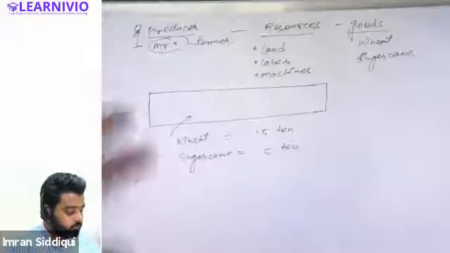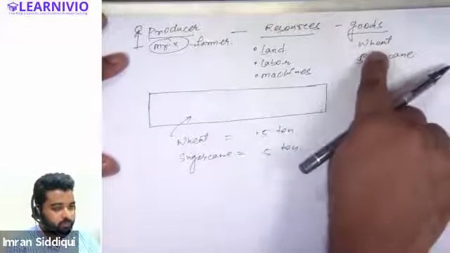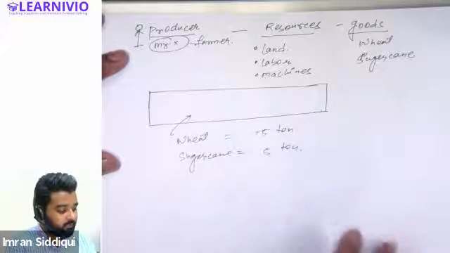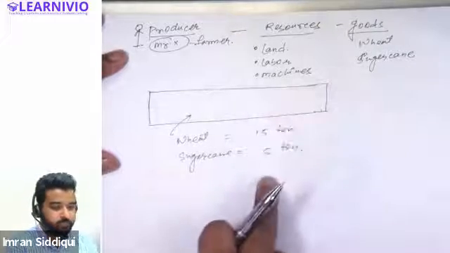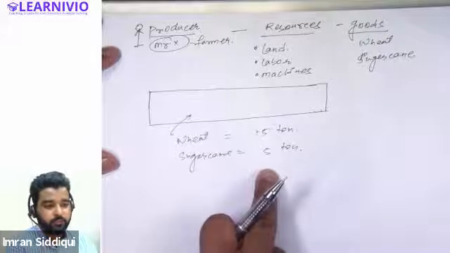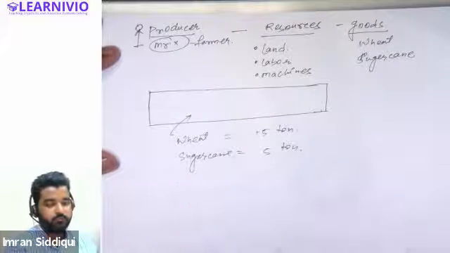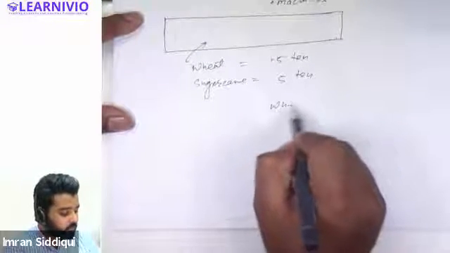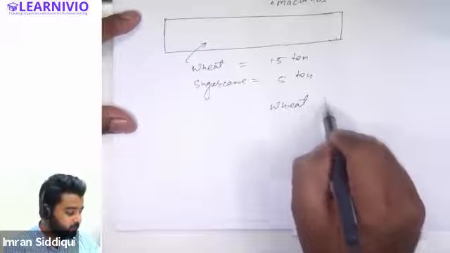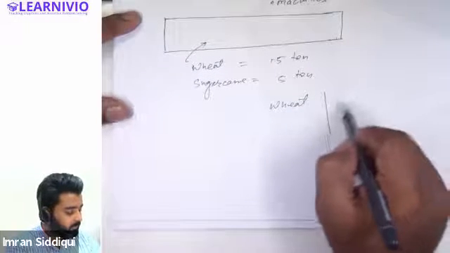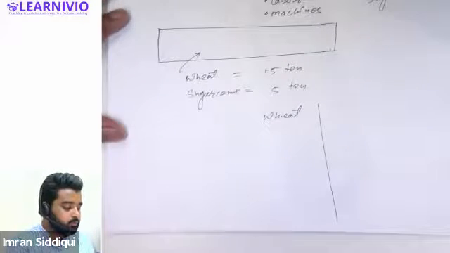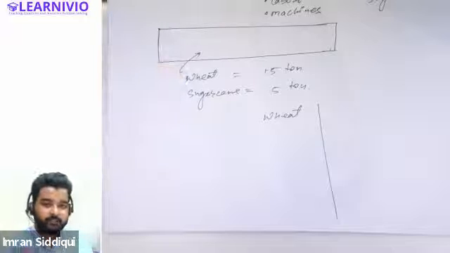And if he wants to use this entire area for the production of wheat only, then he will be able to produce 15 tons of wheat on this particular amount of land. And if he uses all of his resources for the production of sugarcane, then he will be able to produce 5 tons of sugarcane on this land, right? Now, he is currently using all of his resources for the production of wheat only. So can any of you tell me how many units he will be able to produce using all of his resources if he dedicates all of them to the production of wheat?